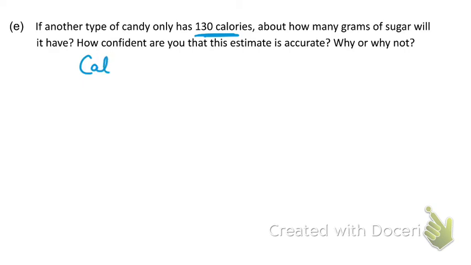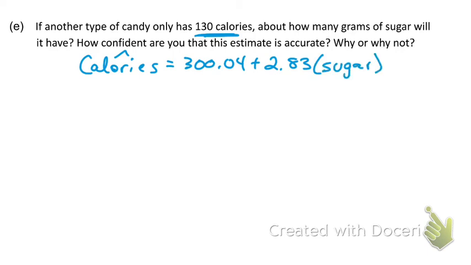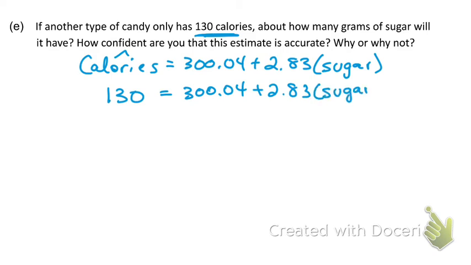All right, you guys, calories hat equals 300.04 plus 2.83. Is it 83 or 63? I keep forgetting. 83. Thank you. I don't know why I'm struggling with that number. There we go. Yeah, 130 calories is what we're being told. And then, so this is a two-step algebra equation. If you are not sure how to complete this two-step algebra equation, well,